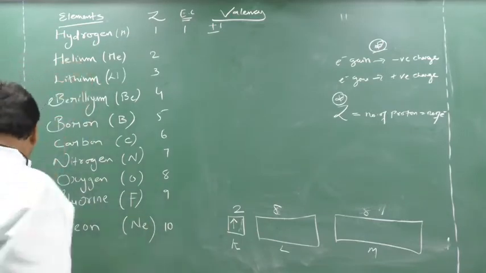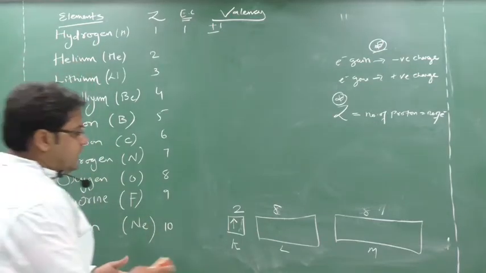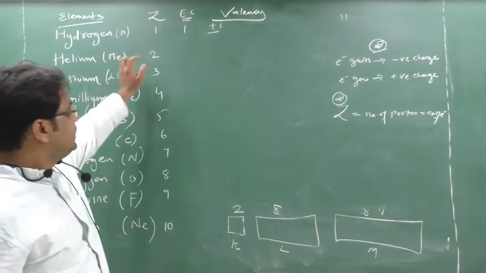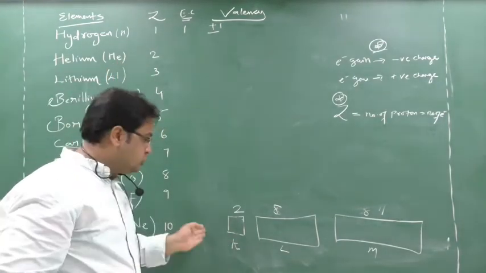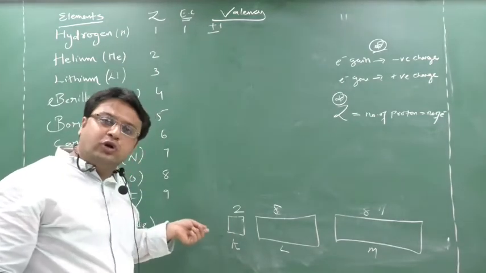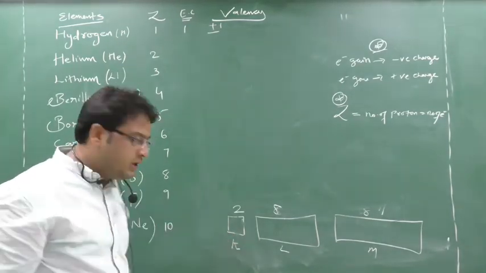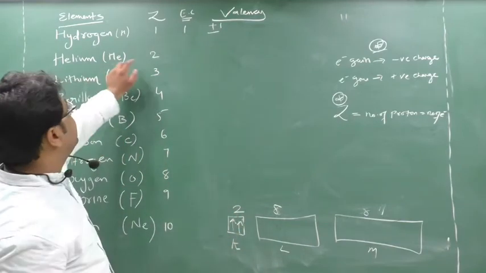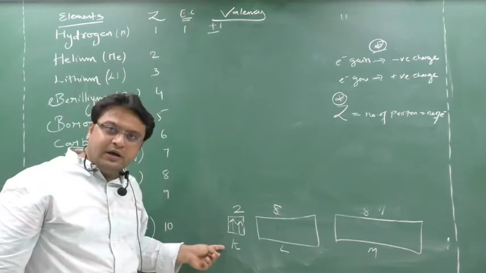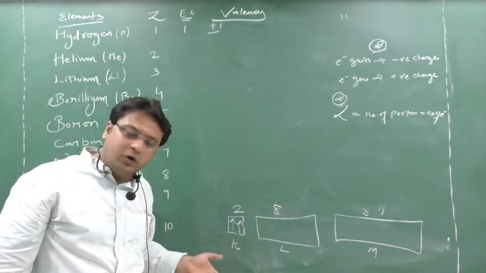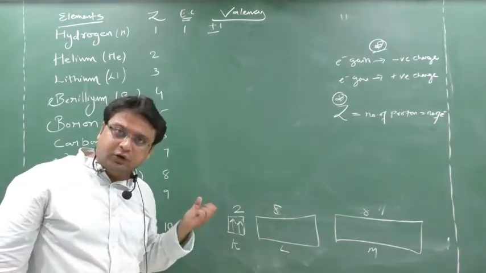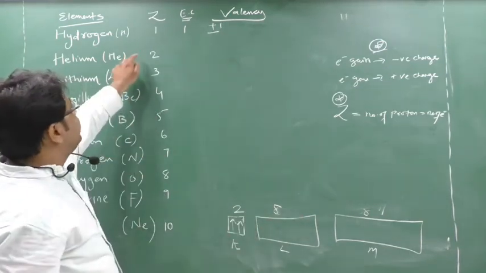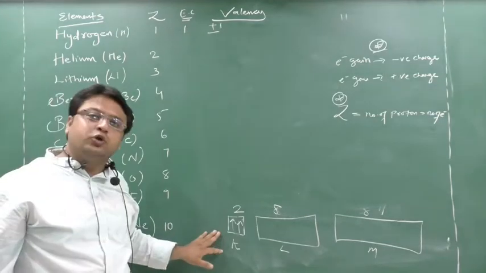Come to helium. Now helium, how many electrons are there? Helium has 2 electrons. So here 2 persons will come to this hotel, and the hotel person will give which room? First room only. And in the first room, how many electrons are required? 2 electrons. How many does helium have? 2 electrons. Any problem? Will the hotel person tell it to go? No. Will helium bring any electron? No. Will helium lose any electron? No. Why? Helium has 2 electrons and here 2 are also required.